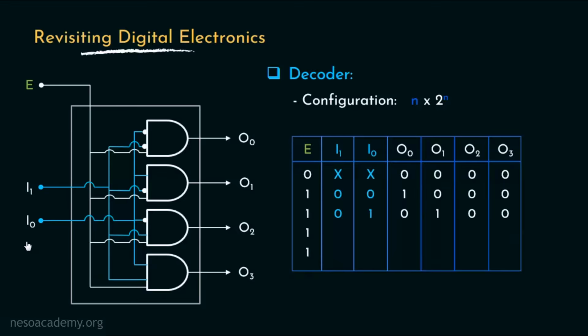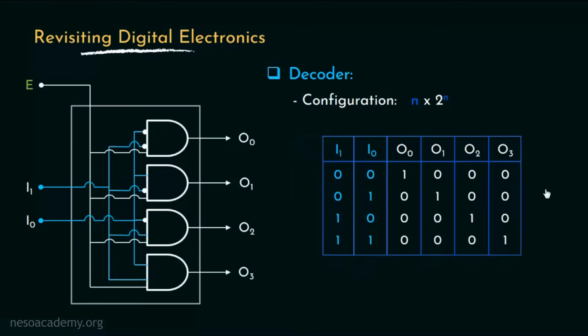Consider the next input sequence for I1 and I0, that is 1 and 0. This particular AND gate will be selected because of this particular bubble through which value 0 propagated through I0 will be turned into 1, and since for this particular AND gate all the input lines are high, O2 will produce 1 only, and due to this same organization, all the other output lines will produce 0 only. Finally, for the input sequence 1, 1, this particular AND gate will be selected as all the input lines are 1s, so only O3 will produce 1 and the rest of the output lines will generate zeros.